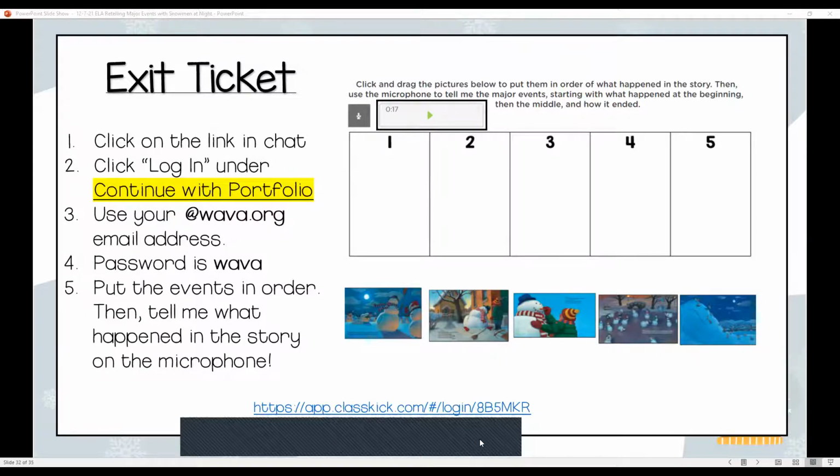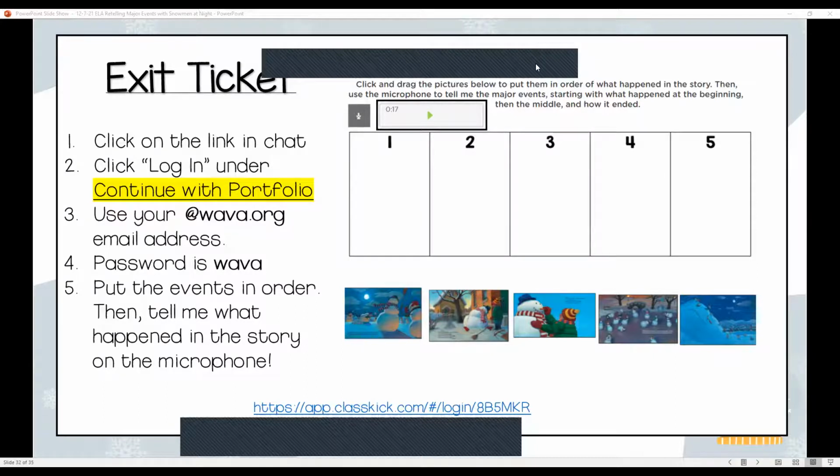Remember that whenever we are going on to Class Kick, you need to click on the log in underneath, which is the part that says continue with portfolio. Use your wava.org email address and your password, lowercase WAVA, and then put the events in order, and also use your microphone and tell me what happened in the story in order.